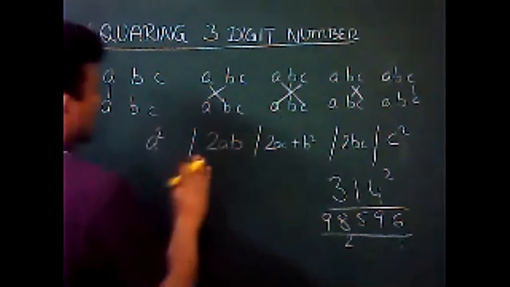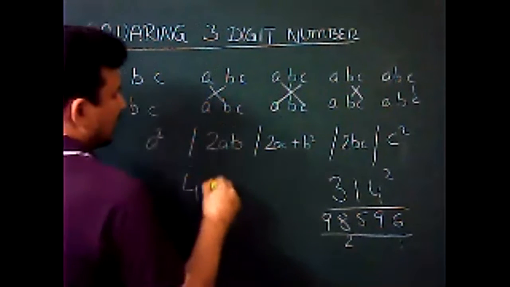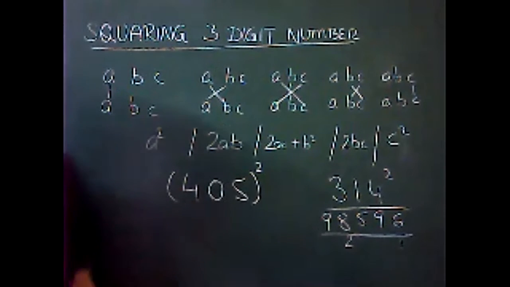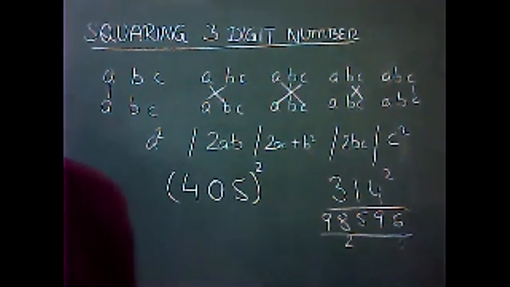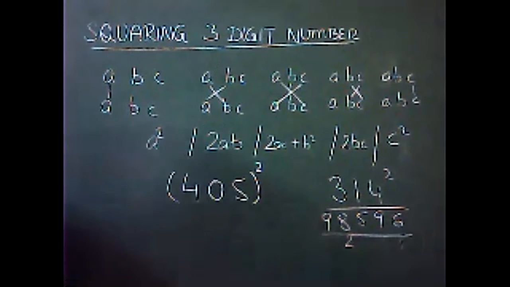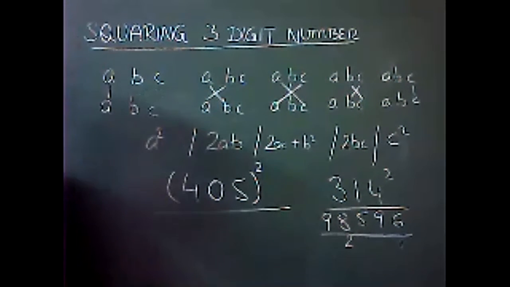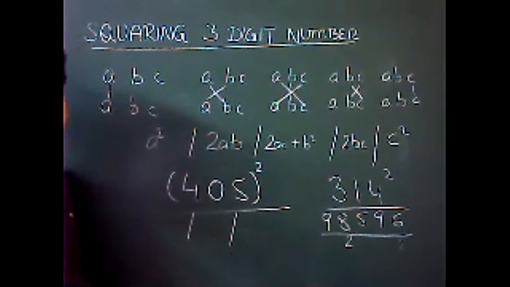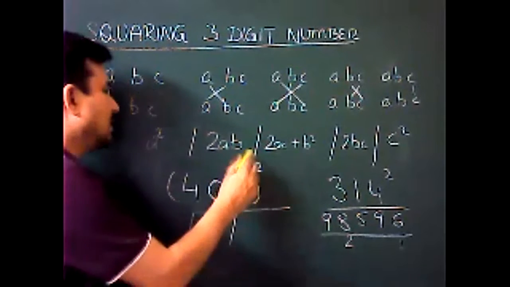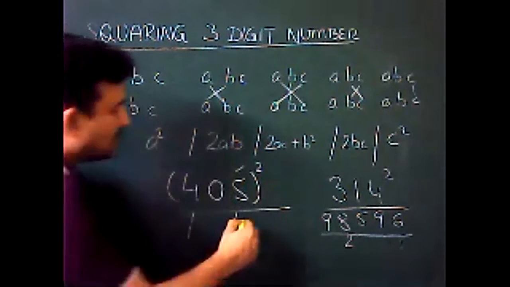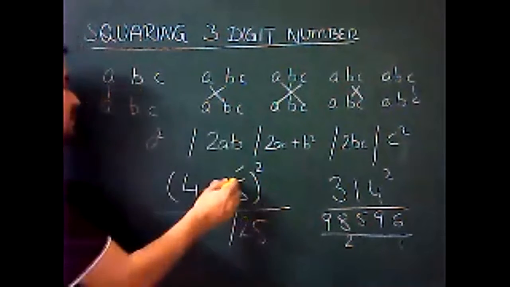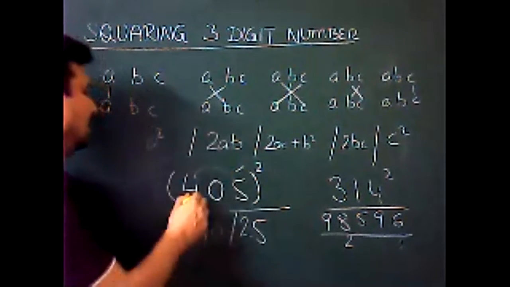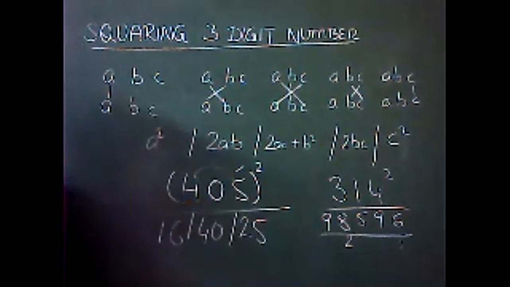Now let us revise this very special technique in which the number in the middle is 0. I told you that this technique was used in the movie Shakuntala Devi. You remember? We have to put just 3 steps and in each step we have to write 2 digits. The first is the square of the digit at unit place. So 5 square is 25. Then 5 times 4 is 20. We have to double it. It becomes 40. And the last step is 4 square.